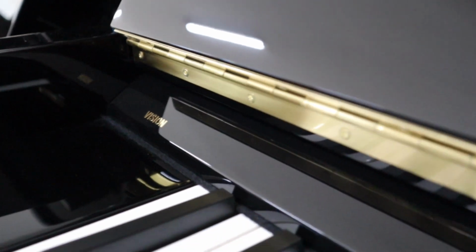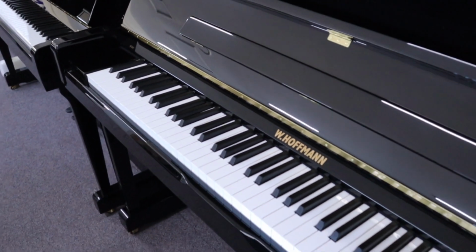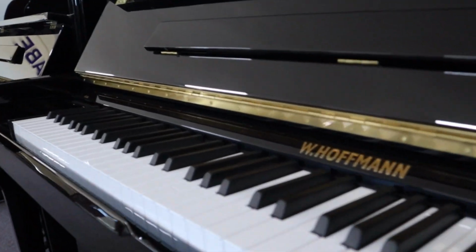Bit out of breath after this one, but now this one here is the Hoffmann Vision Series, I believe the 131 model. The action of this one is very crisp and it's very well controlled and seems to be quite reliable under the fingers, and you get a very good sensation about what you can do and how far you can push it. I'm just reminded of the high standard that Bechstein keeps, and